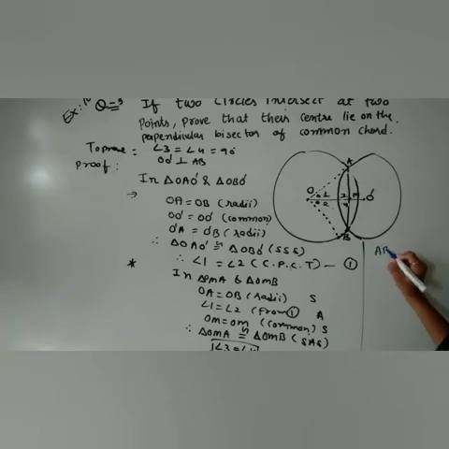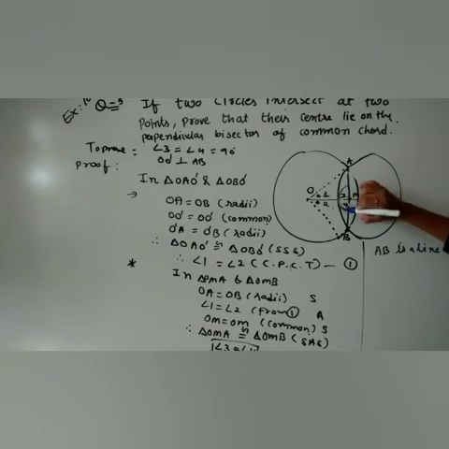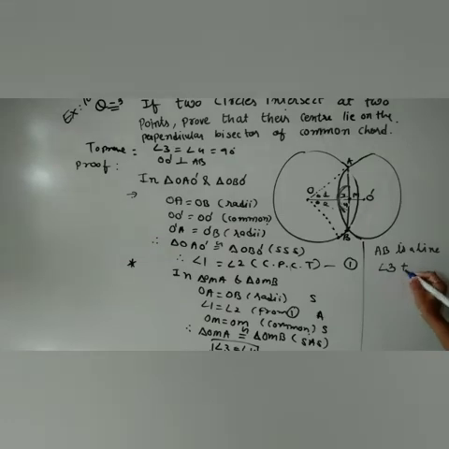Now here we will use another property. Here we will write that AB is a line. If AB is a line, then the angles formed on it will make 180 degrees according to linear pair. So here I will write angle 3 plus angle 4 will make 180 degrees according to the linear pair rule. If I replace 4 with 3, it will become 2 times angle 3. Taking the 2 down, it will make 90.